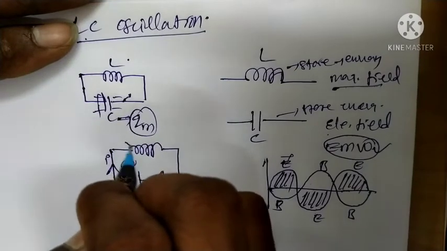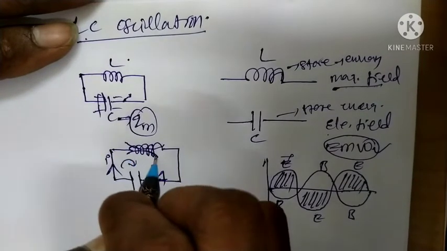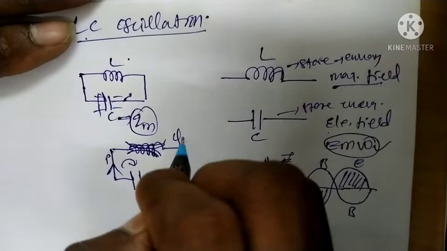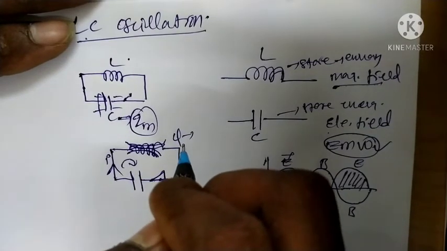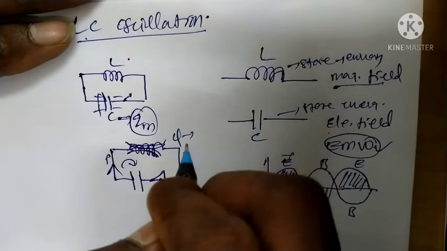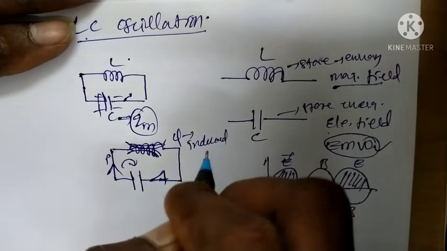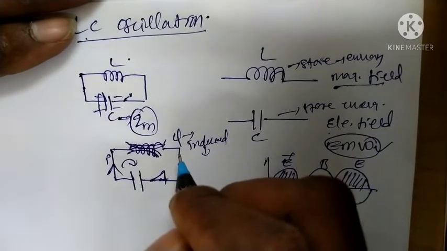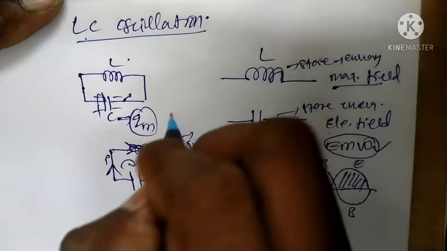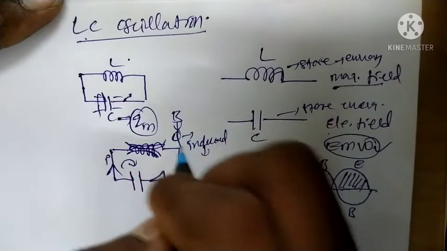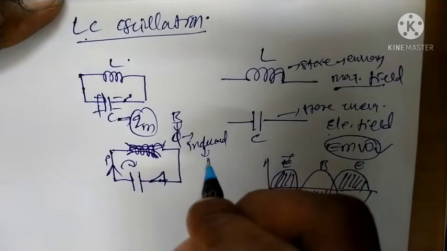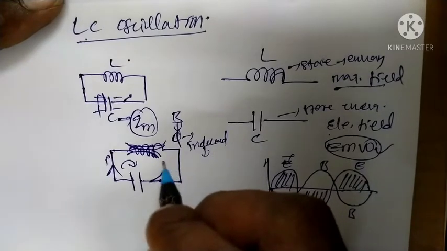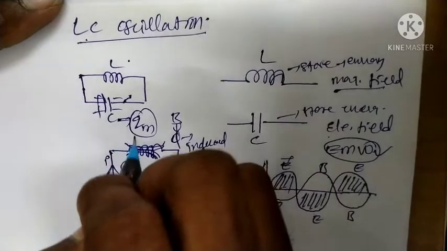When a current is passing through the inductor, what is the phenomenon? The magnetic field will be generated through the coil. The flux will change in the coil. It creates the induced EMF. This phenomenon is self-induction. The magnetic field changes, the flux changes, and a changing flux creates the induced EMF according to Faraday. This is the case of the inductor.